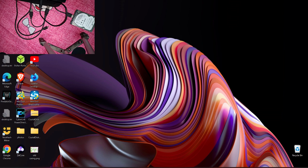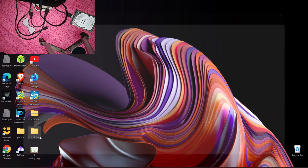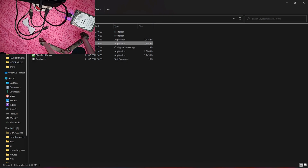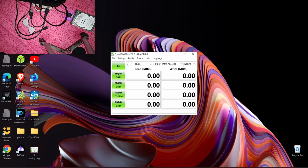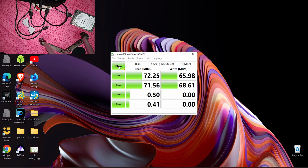I have connected the hard disk to the connector and it's connected to the system now. I'm running the benchmark again. I have selected the drive letter and there we go. If you see, the numbers on the same hard disk with this USB 3 connector is better. That means the fault is in our enclosure. The casing we have